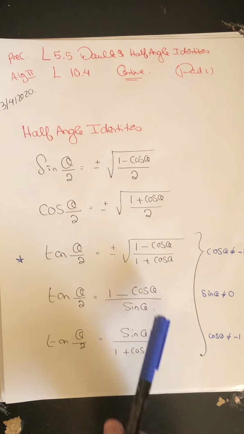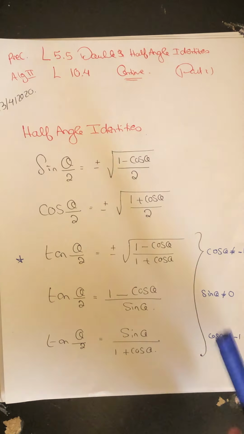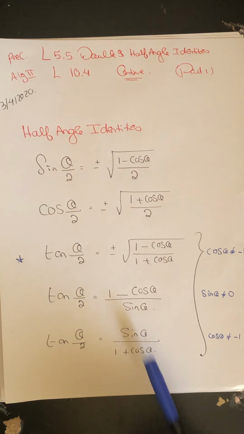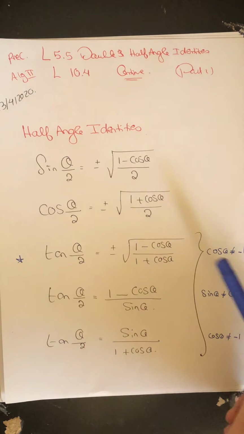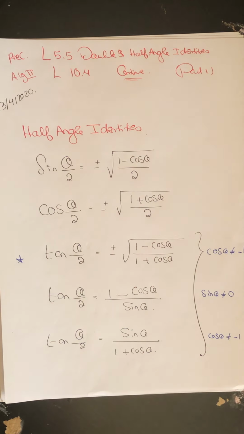When will I use this or this or this? Depends on the question. When you're solving or you're verifying, do I need a cosine, do I need a sine, do I need only a cosine? Depends on how you look at the question. Of course, here cosine cannot equal negative 1, sine cannot equal 0, and cosine cannot equal negative 1. I will solve a couple of questions from Precalculus,